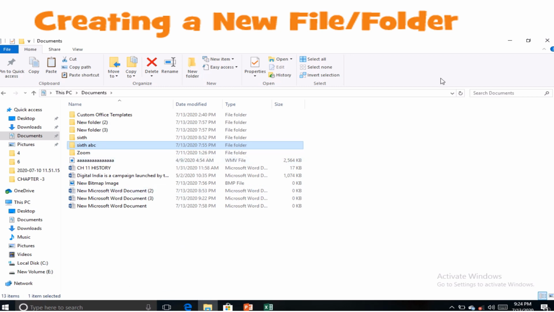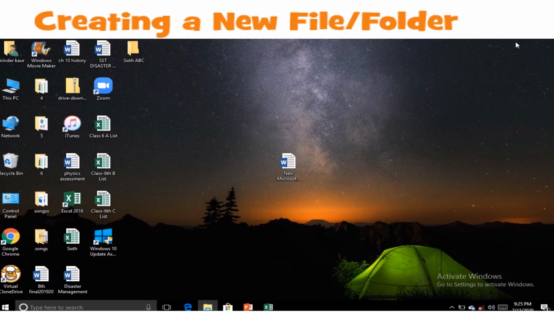The second option is moving. Moving means, here you can see we have a folder on the desktop and in the documents also. But when we move any file, it means it will not be here. It will go to another location. So from here you can see I have the chapter 10th history Word file.